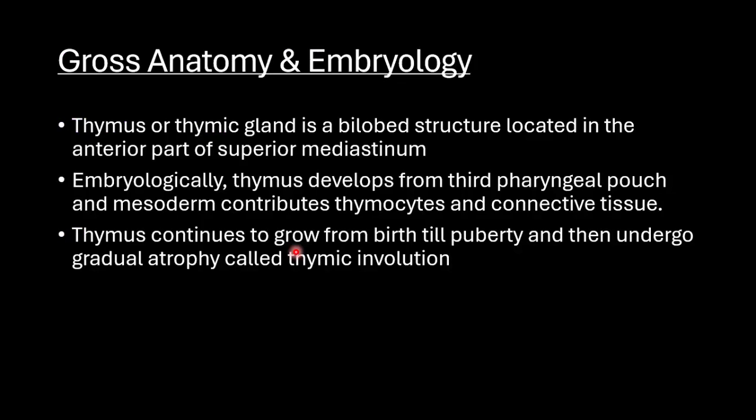So the thymus is a structure found in the anterior and also in the superior mediastinum, and it has two lobes. The thymus develops from the third pharyngeal pouch. Also from the third pharyngeal pouch, you get the inferior parathyroid. The mesoderm of the third pharyngeal pouch is actually what gives rise to those